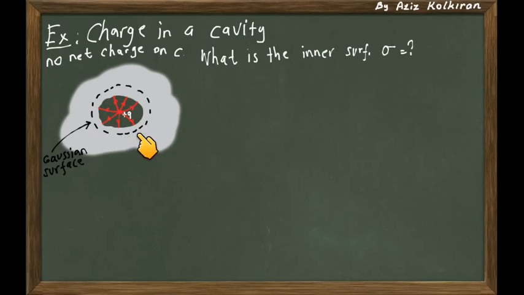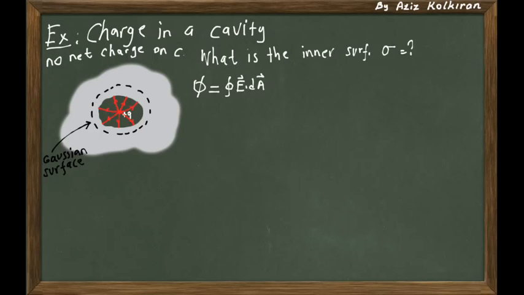inside the conductor, so that it contains both the inner surface of the conductor, the inner surface of the cavity, and of course the inner charge inside the cavity. And the thing is, this Gaussian surface need not be a symmetric surface, just an imaginary surface. The only condition is that this Gaussian surface contains the inner surface and the inner cavity. So if you apply Gauss's law,